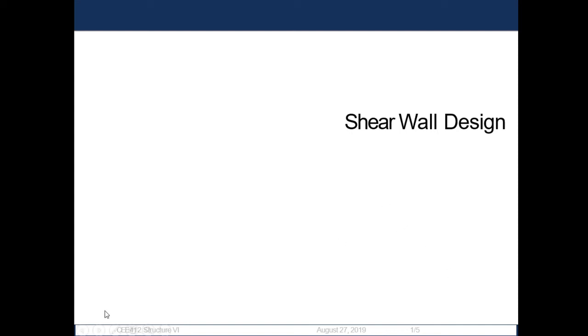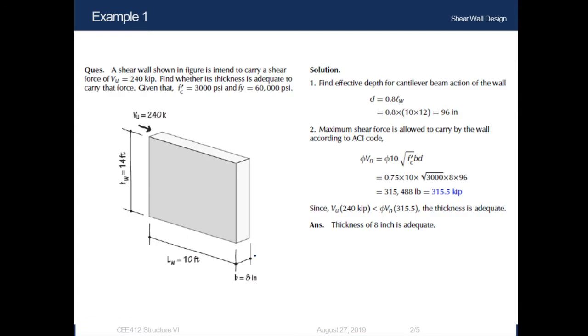So here's this first example of shear wall design. In this example, we are asked to check the adequateness of the thickness given to carry an amount of 240 kip load. That means, firstly, we need to calculate the shear capacity or the lateral load capacity of this shear wall using the geometry and using this formula,